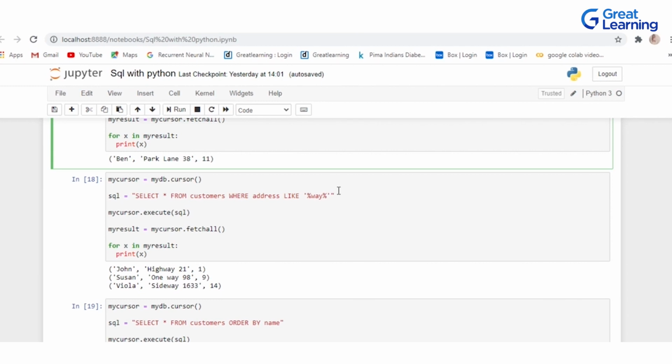Or the LIKE keyword basically. So the LIKE keyword will help you to do pattern matching. If you ask how and why we are writing this percentage sign, the percentage sign means that before or after the word "way" there can be anything, but this particular word WAY should be there in the address. So we have written SELECT * FROM customers WHERE address LIKE